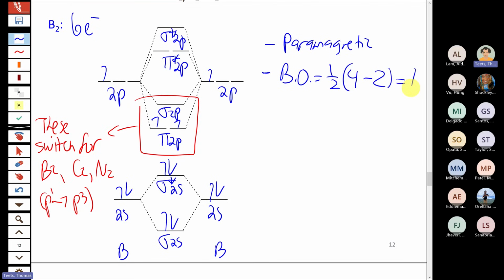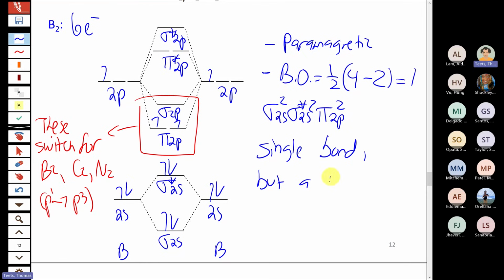Although if we look closely at the electron configuration, valence bond theory would have said, okay, it's a single bond, it has to be a sigma bond. If we look at the valence electron configuration for this guy, though, we get sigma 2s2, sigma star 2s2, and then our last two electrons are in the pi molecular orbital. So what ends up happening is that the sigma and sigma star 2s orbitals basically cancel each other out. There's no net sigma bond. The only net bond that we have is a pi bond. So this is a single bond, but we predict that it would be a pi bond, not a sigma bond.